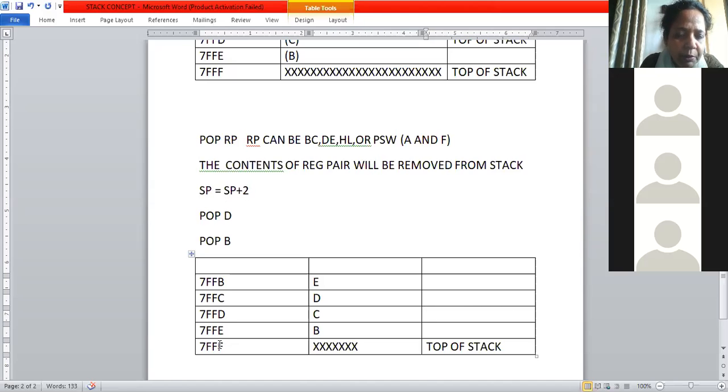We have to just remember that we have to give the maximum address value when we are using the stack. I cannot write here 0000, because then there will be nothing at the earlier address. Okay. So the address will be reducing as you go up. So this is regarding push and pop instruction.